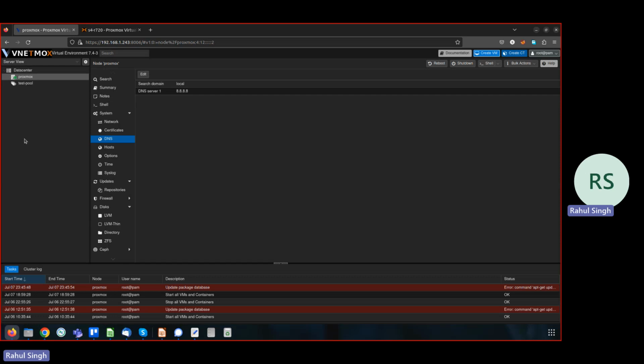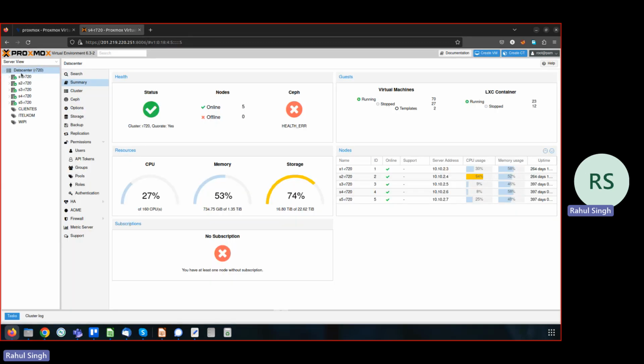So now we'll quickly go to a production cluster where we can see other features in action. As we go to data center and check the summary over here, you can see this is a 5-node cluster. All of them are online, and none is offline. And you can see the aggregate usage of the cluster. From 160 CPUs available to the cluster,